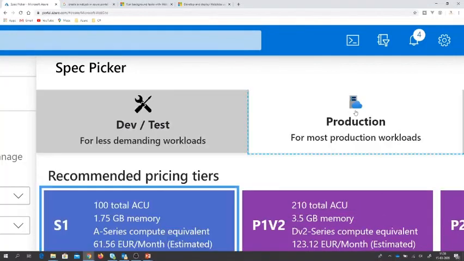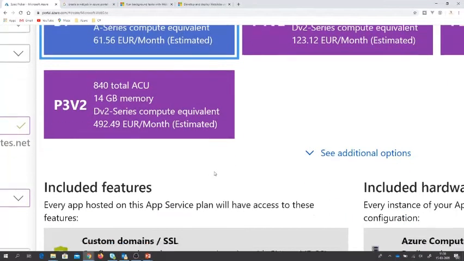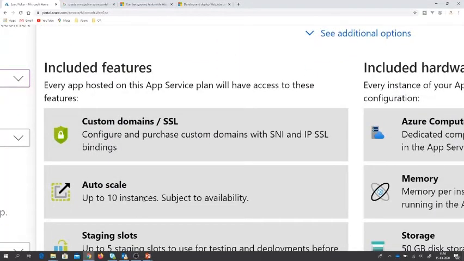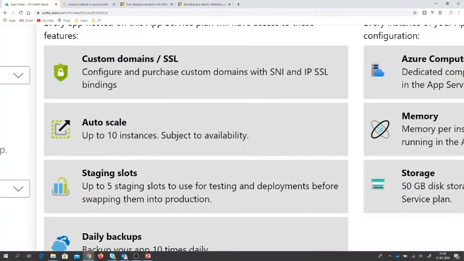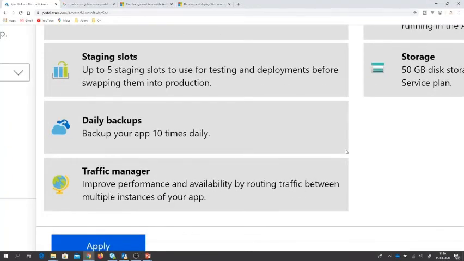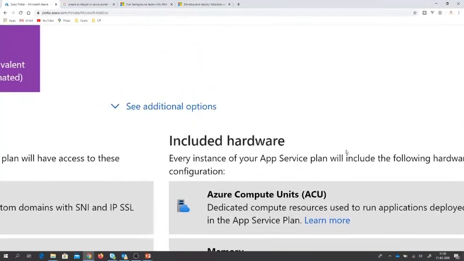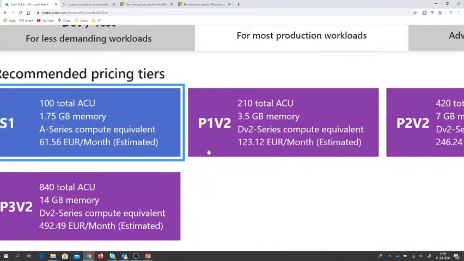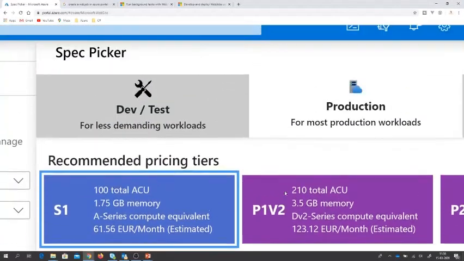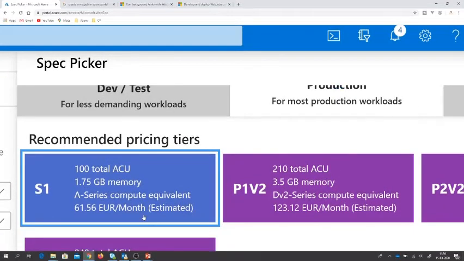You have to go to production and select any of them. Let's say the first one: then you have auto scaling up to 10 instances, staging slots, daily backups, traffic manager. So to see what features you need, you need to change your type of spec. Let's say I choose this one,